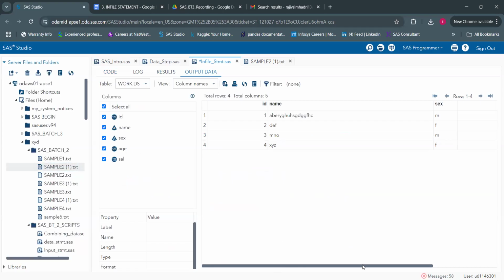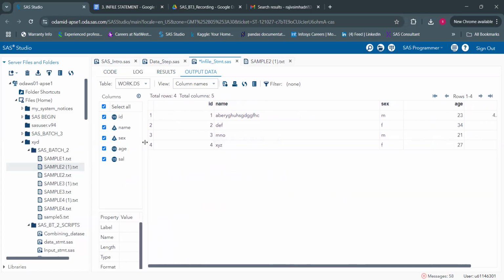Sometimes we have some kind of URLs, large web URLs, and addresses. They'll be very lengthy, more than 80 or 90 characters. In order to read the data properly,